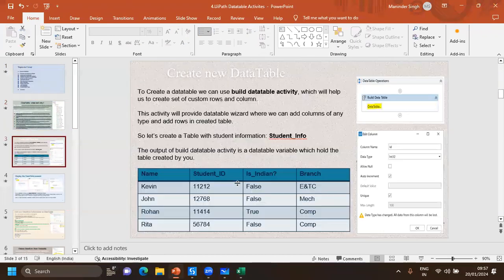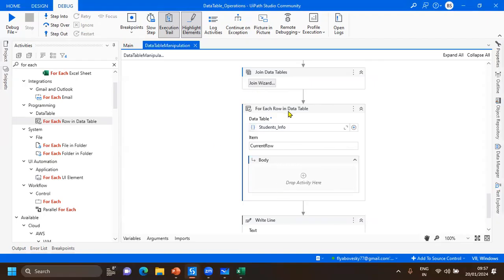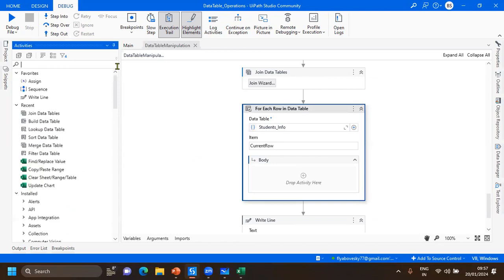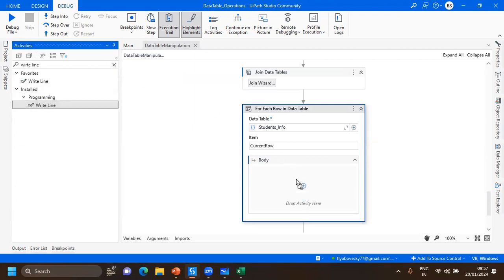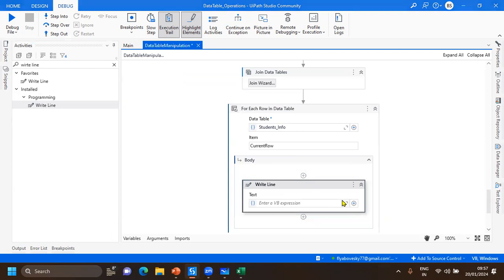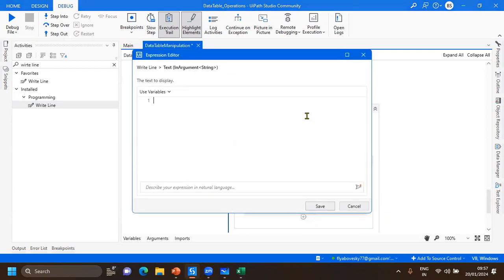Like, this is my table. It will iterate through Kevin, John, Rohan, Rita, but I want to see student ID. I want to see student ID one by one. I want to see name one by one, or print one by one. So how is it going to go? How will it do? I will take a write line activity, and you have three methods now. When it will be running, I will say in current row,